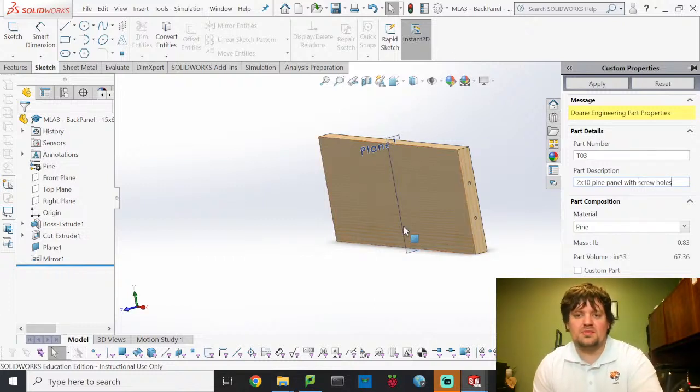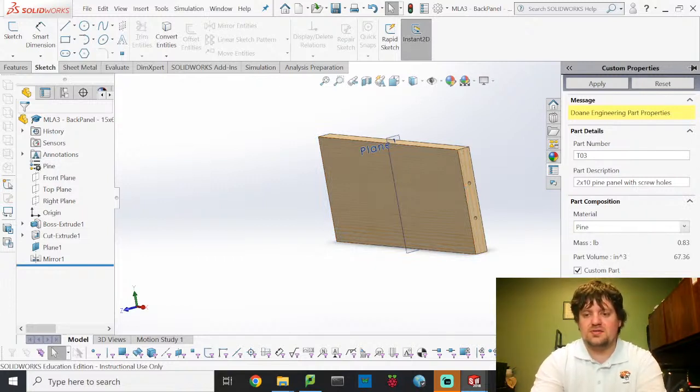That would be another part description that I could do. You'll notice that this is going to weigh less than a pound, about 67 cubic inches. I'm going to say this is a custom part just because it would have to be machined, and then I will say this is cut from a 2x10. I'll hit apply,